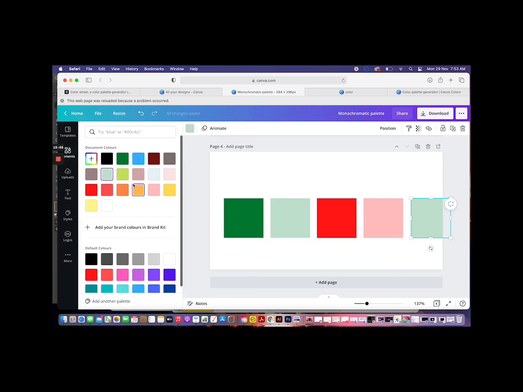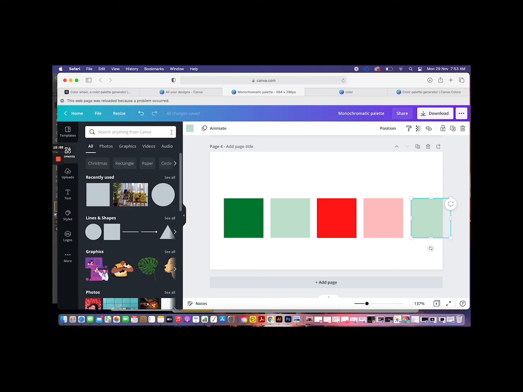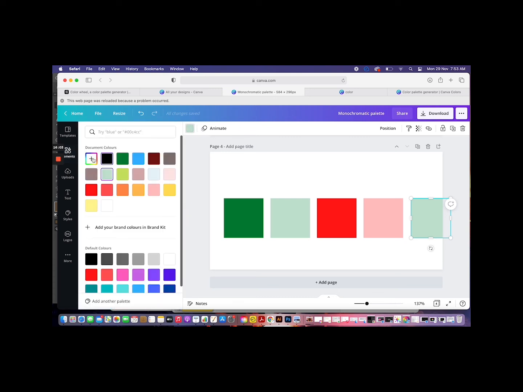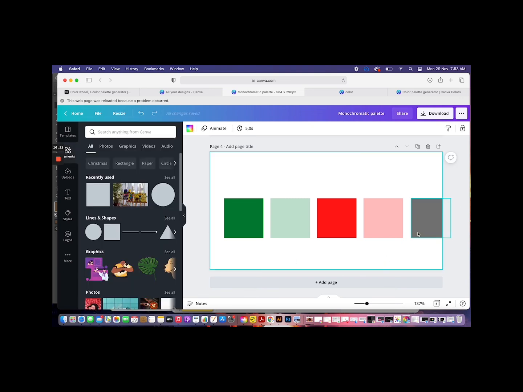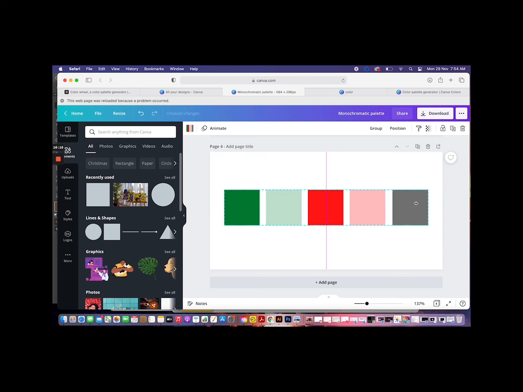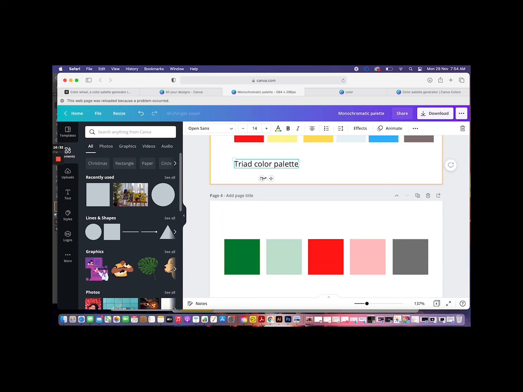Now if I want to have a neutral color to sort of balance all of it out, I can either decide between a red or a green, or I can add both. So what I will do is, I will just create a nice dark gray which is in between both of the colors but will actually balance all of them out. So now this is my complementary color palette. I have two colors that work with each other, I have their lighter versions, and I have a dark version that is in between both of them, which is a gray, to balance all of it out. Now this is how I can create a complementary color palette.